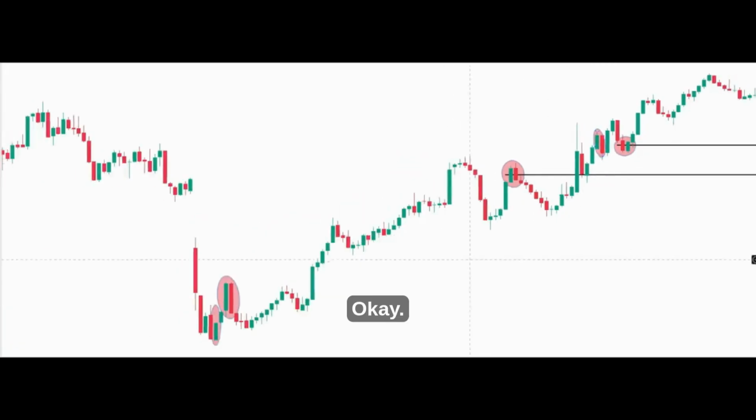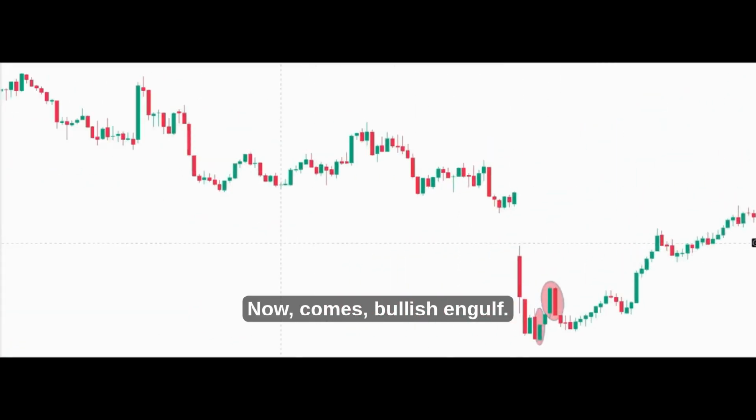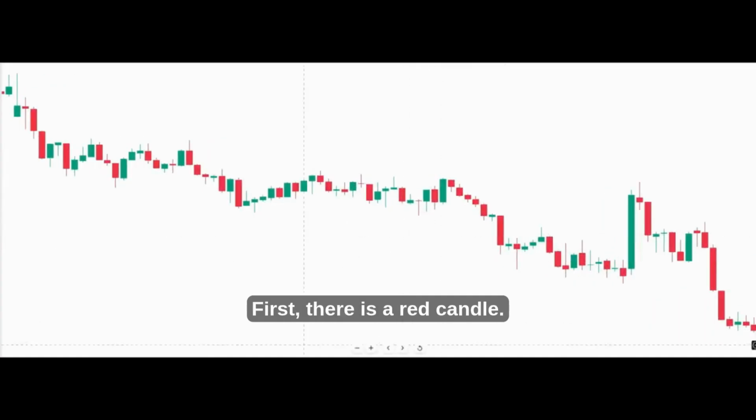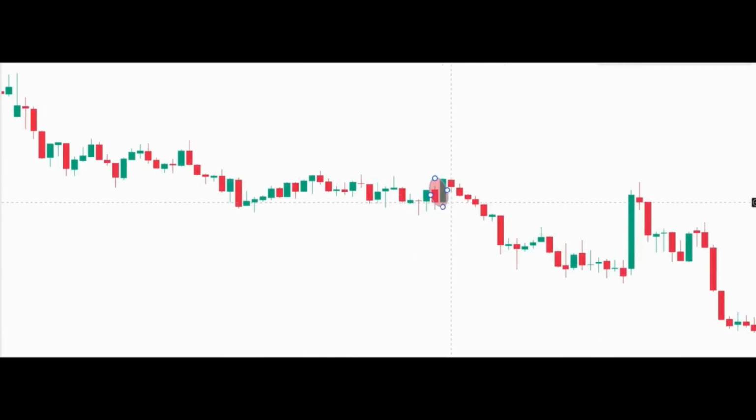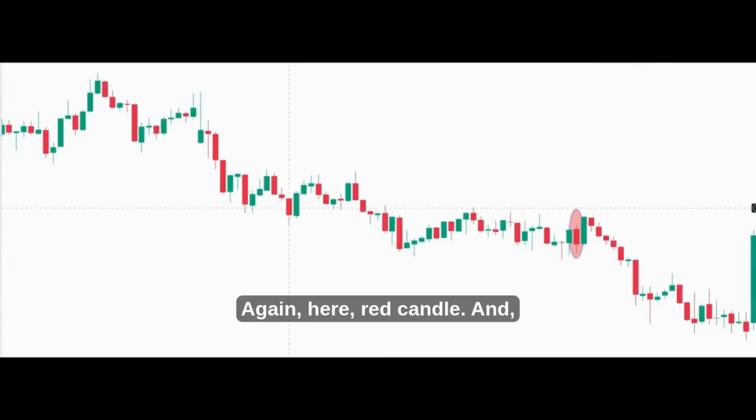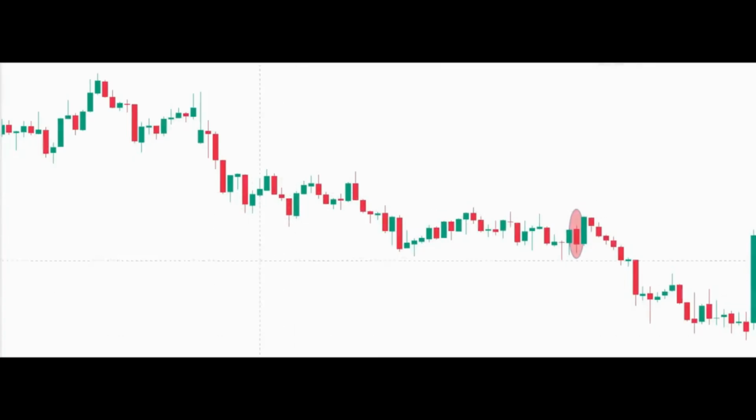Okay, now comes bullish engulf. Want to show bullish engulf? See, first there is a red candle and again there is an engulf. It's called bullish engulf. Again here, a red candle and